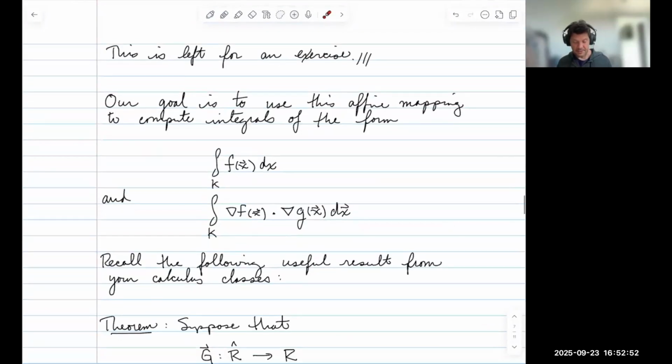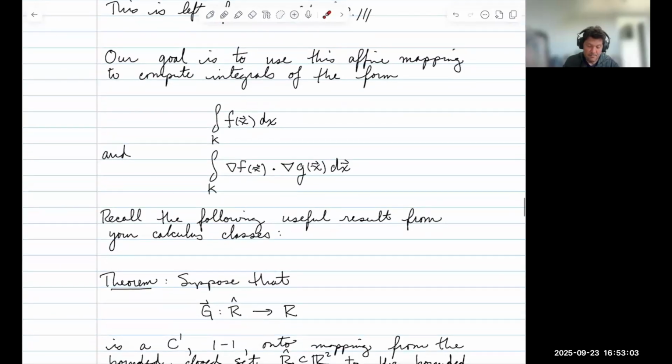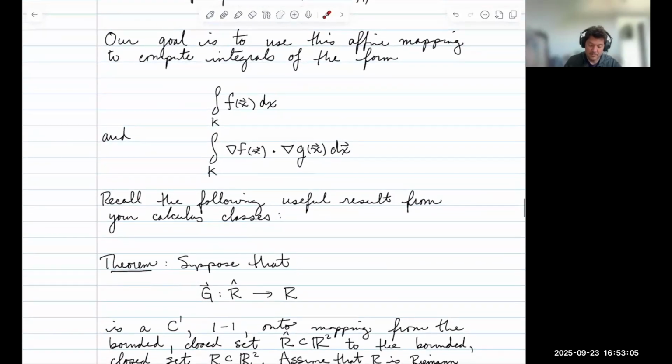Okay, so I leave that as an exercise. Now, why am I wasting any of your time talking about this reference triangle? Well, the reason is that it provides a very useful mechanism for computing integrals of the following form. If I want to compute an integral of some function over a triangle, then it turns out if I know how to represent that triangle through an affine mapping,